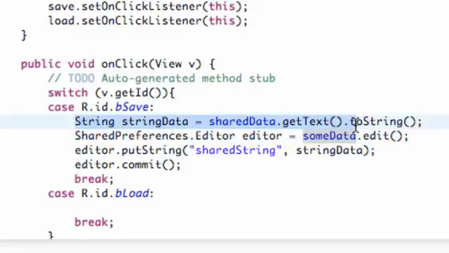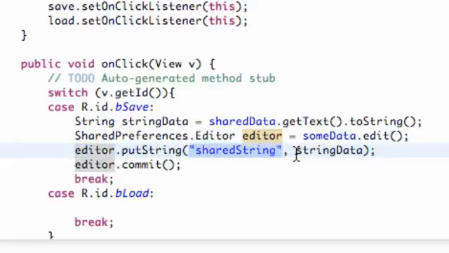It's going to get the text from the edit text and convert it to a string, and then we use this editor variable to reference our shared preference and say we want to edit something within there, and put in a string,